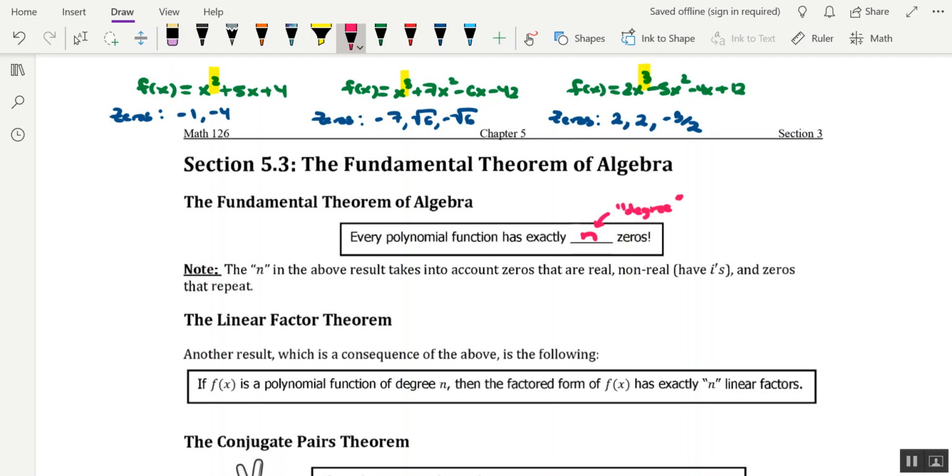So if it's a degree 2 polynomial function, there are going to be 2 zeros. A degree 3 polynomial function is going to have 3 zeros, and so on and so forth. But there is sort of an asterisk statement that comes along with it. It doesn't mean that a polynomial function's zeros are all going to be completely different, and they're all going to add up to n. There are some cases where that's the truth,